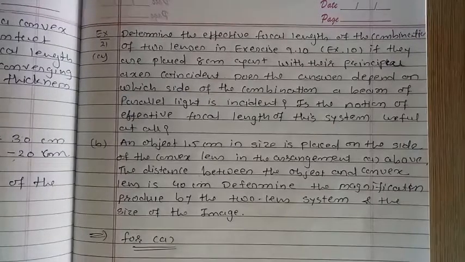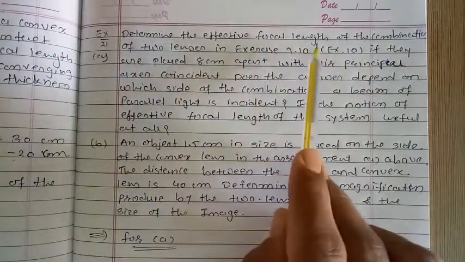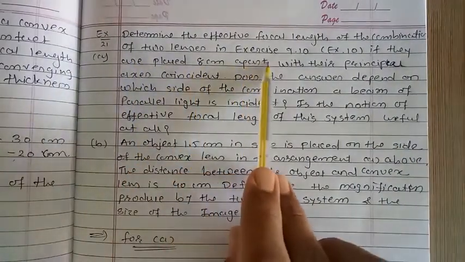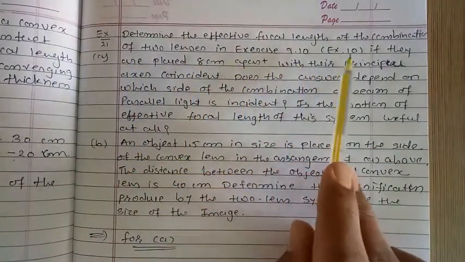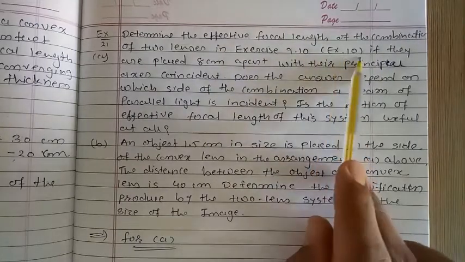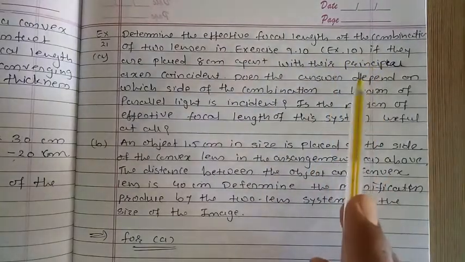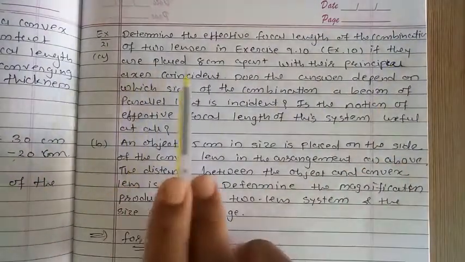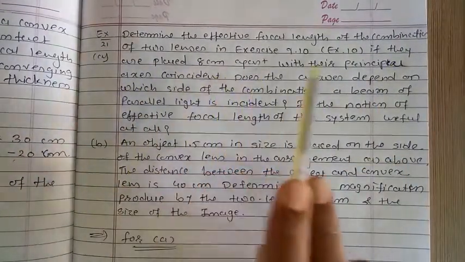Hello friends, today we discuss example number 21. Determine the effective focal length of the combination of two lenses in exercise 9.10. Say example number 10. As we discussed this example in the last lecture, if they are placed 8 cm apart with